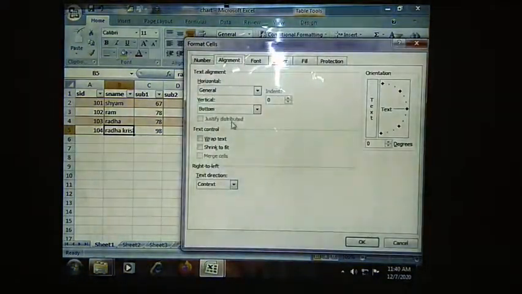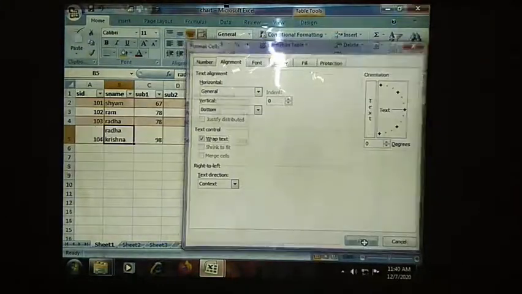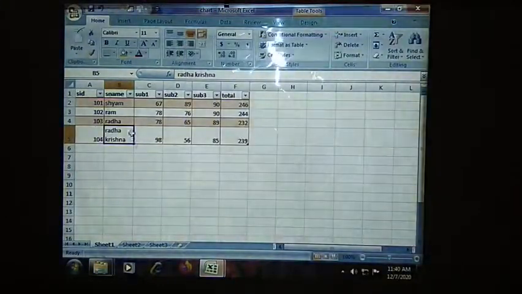Then you will get the Alignment tab. Here you will have Wrap text. Just click OK, so that your content is automatically displayed on your screen. It adjusts the length and width of your cell, and displays the content accordingly.